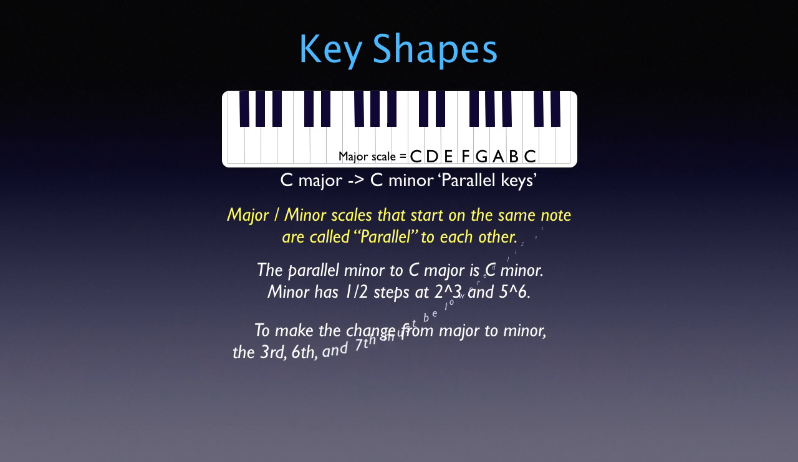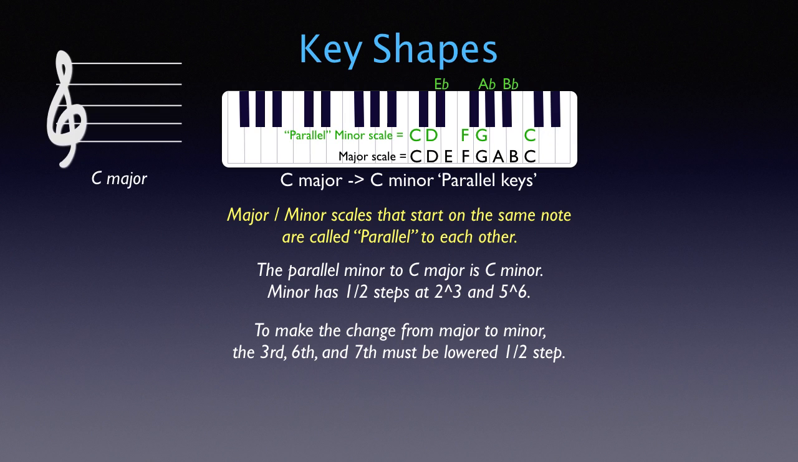Now we have to have half steps at 2, 3, and 5, 6 to make it minor, and we need to use accidentals to make that change for now. So instead of having the E, we need the half step 2 to 3, so it has to be E flat. G is the 5th. We need a half step to the 6th, so we have to use A flat. And a whole step from 6 to 7 gets to B flat, a whole step to the octave, so that's